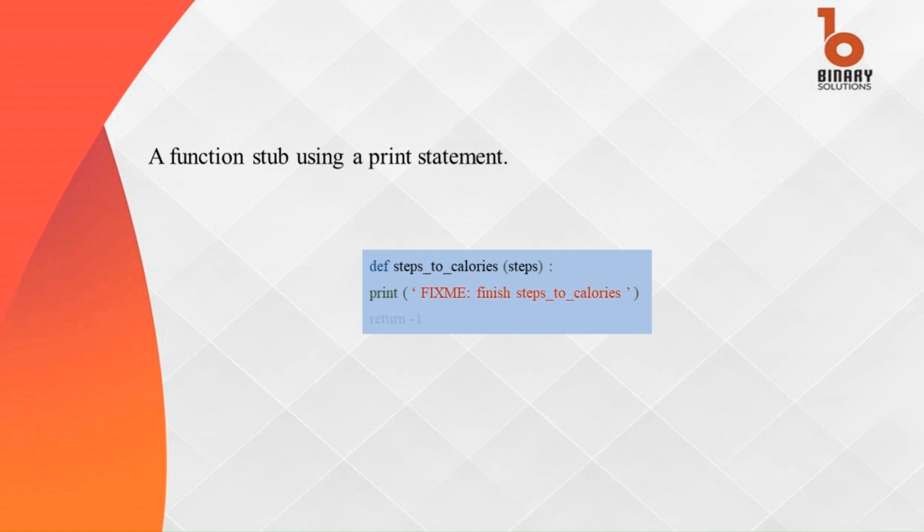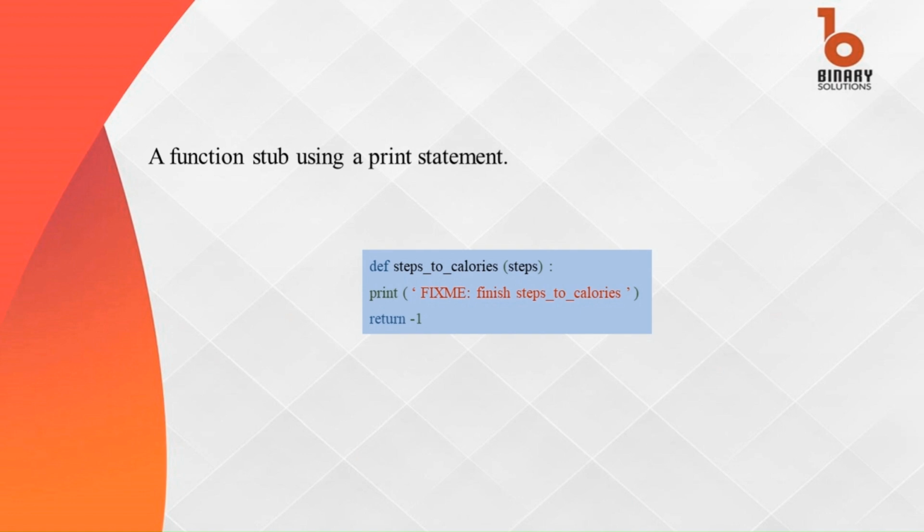Additionally, the stub returns -1, which is a common practice for functions expected to return a value but are not yet fully implemented. Returning -1 serves as a placeholder to indicate an invalid or temporary result, ensuring the program does not break during testing. This approach preserves the program's structure and functionality while highlighting unfinished areas, simplifying debugging and incremental